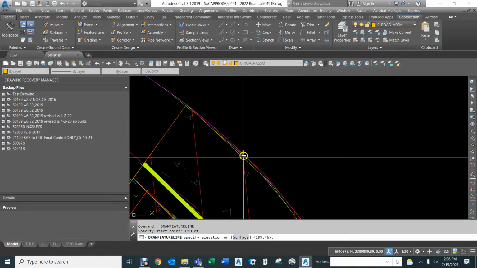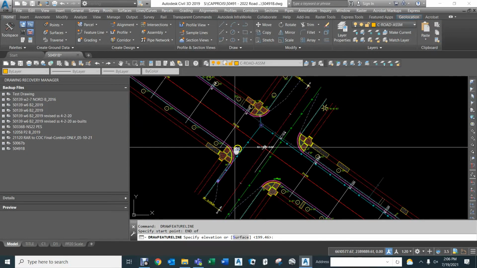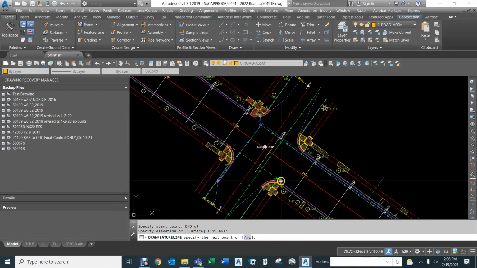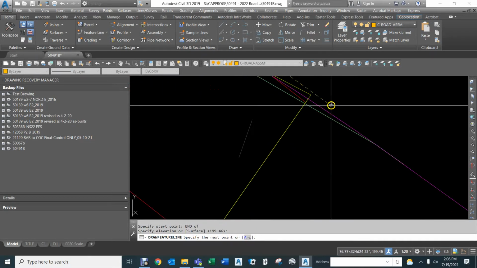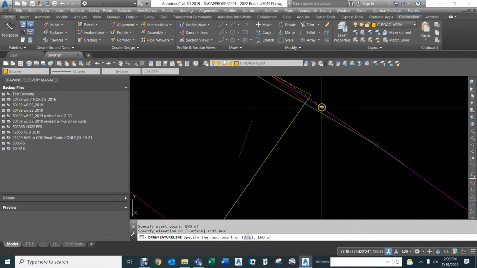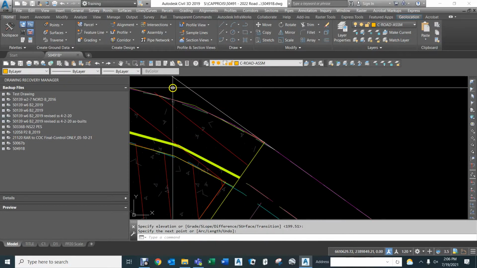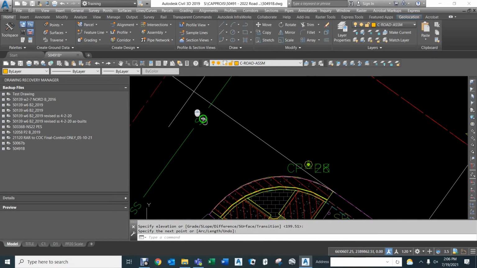So it's 199.46, and we're going to accept that, we're going to come across, and we're going to grab another endpoint here, and that is a grade. I'm going to do elevation. It's 199.51. So now I have this feature line that comes across here,